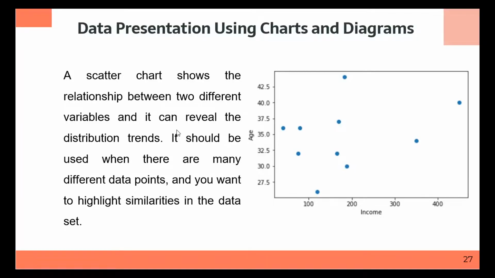Values on a graph. Any point that you place on a graph will have its own XY values. So here we have age and income, 2 axes. Any value at the intersection, that intersected point will be marked. This will be done automatically with the help of the data that you are providing. A scatter chart shows the relationship between 2 different variables, that is age and income, 2 variables. It can reveal